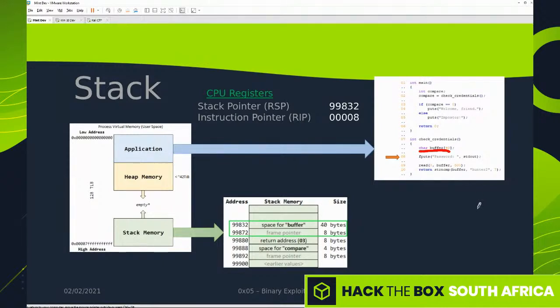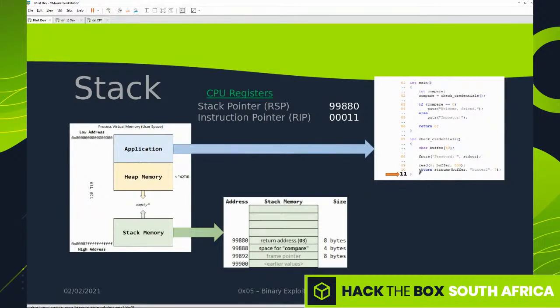And if we move forward again and actually type in the password, what this code does is it writes password colon on the screen and asks the user to type in a password. And then if the user types the correct password, it's going to actually read it into this buffer. So this area here is the buffer where that variable is. Now it's 40 bytes long. The password typed in is only 7 bytes, so there's 33 bytes left. And then this is going to do a compare, and then